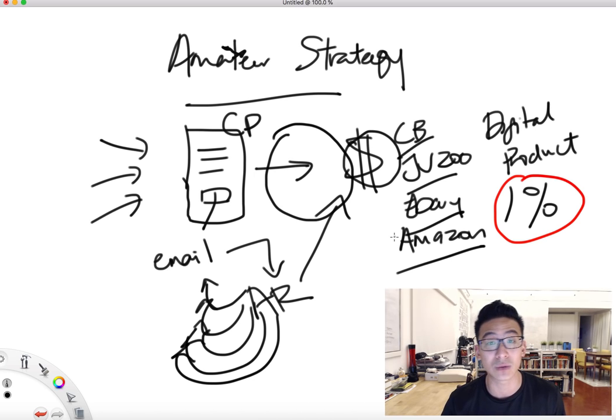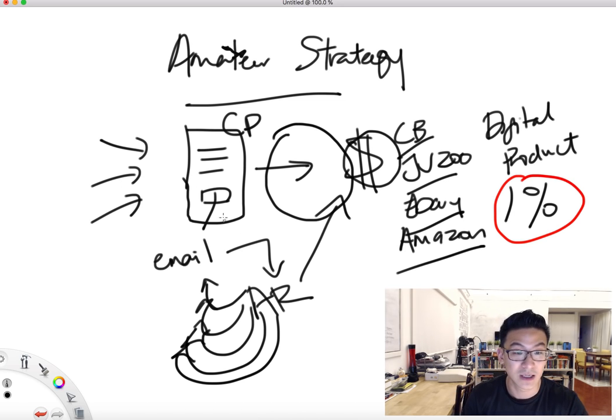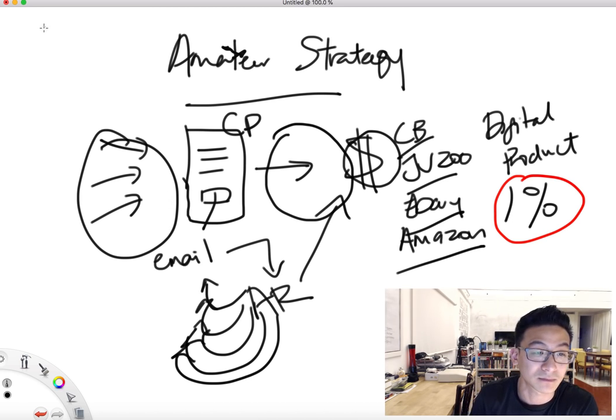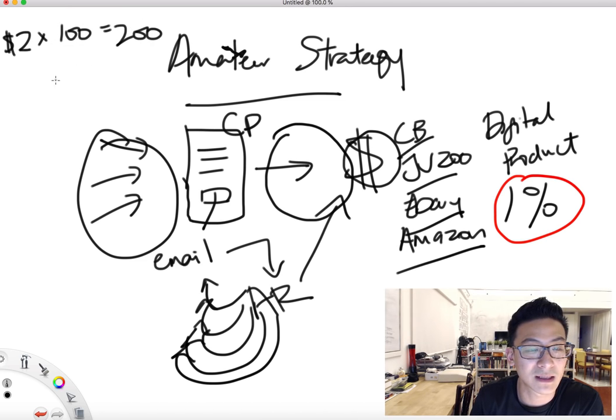Now, this is the strategy that I would say that 95% of the whole of the internet marketing industry use, which is why if you're using the strategy, you're also not making any money. Think about it, right? If your conversions are 1%, that means if you send 100 people to this website, okay, only one person buys, right? But remember, you're spending a lot of money on traffic, okay? So you're spending a lot of money on traffic right here. And if it costs you, let's just say it costs you $2 to send 100 visitors, times 100, what is that? That's 200, right? So you spent $200, and maybe you made, out of those 100 leads, okay,